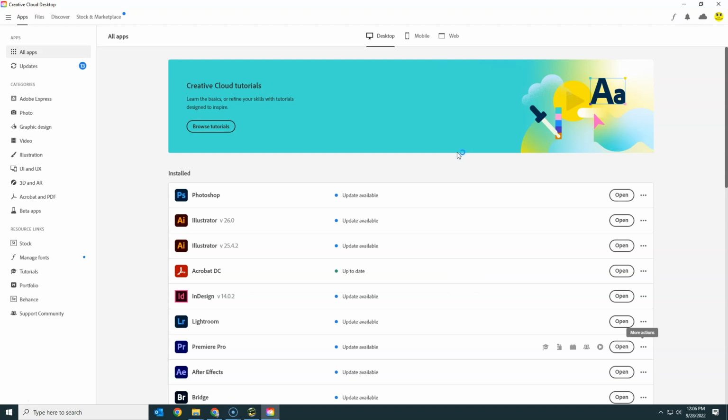Now, because it is the most recent version, it's going to automatically change the settings to where it's going to update automatically. And that's what we need to avoid, is Adobe Creative Cloud thinking it's in charge. So I'm going to go and find my settings. I'm going to click on my little account avatar there, look at my preferences,